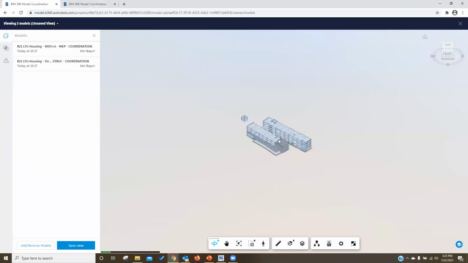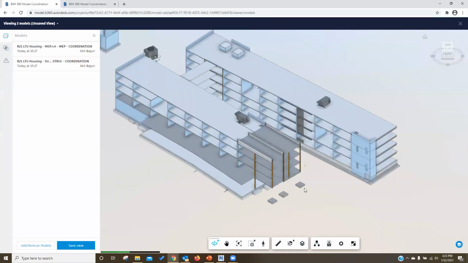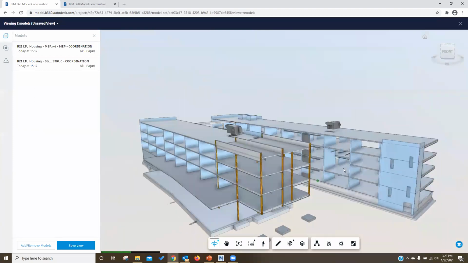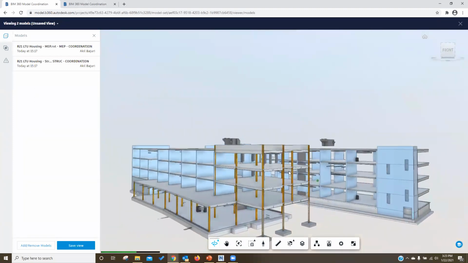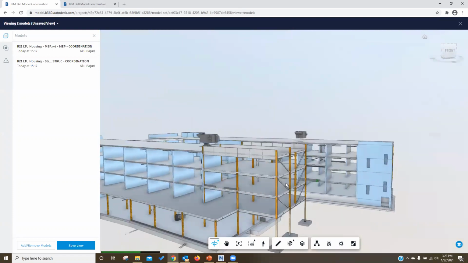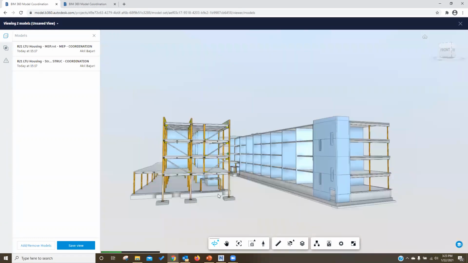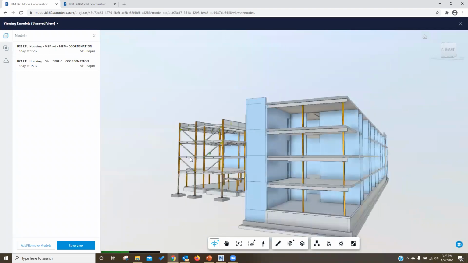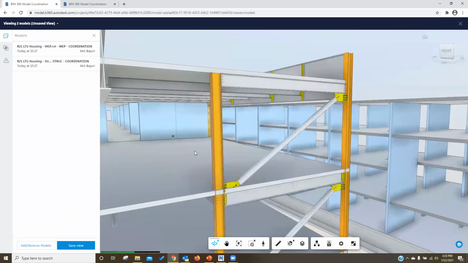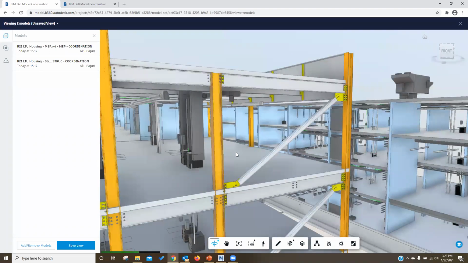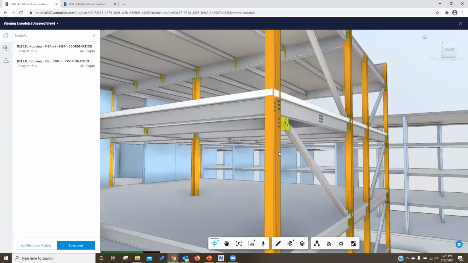And this is how you will see the structure model coordinated with the mechanical MEP model. You will see all the structural components and ductings inside here.